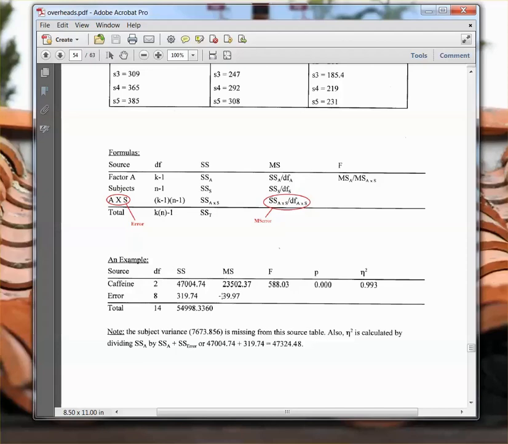Now the thing is, SPSS will not show you that subject variability unless you do some tricks and add some commands to have it produced. But generally it's hidden from your view, which is indicated here. And of course we have to adjust our eta square calculation as well. A couple terms there. So the repeated measures analysis of variance is very similar to the one-way, except you have subject variability calculated and removed from